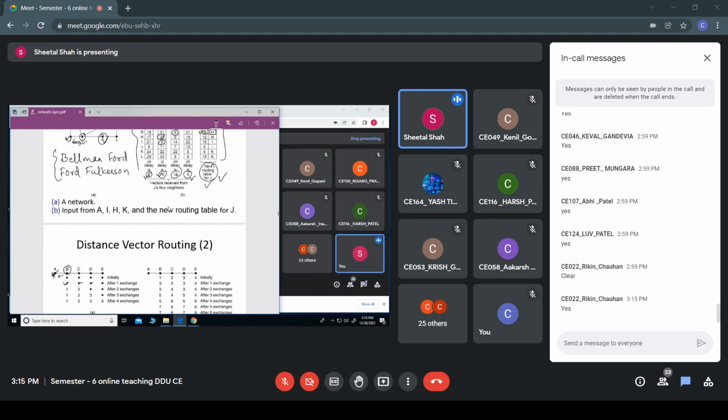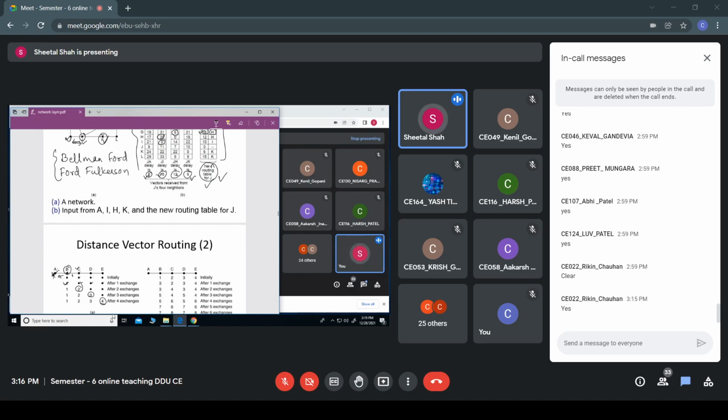Right? Now when C's turn comes, it will come to know that it can reach A by one hop from C to B. It knows that it can reach B in one hop, and it also knows that B can reach A in one hop. So in total, in two hops, C can reach A. Similarly, D can reach A in three hops, and E can reach A in four hops.